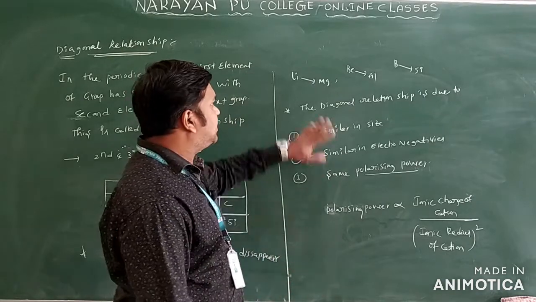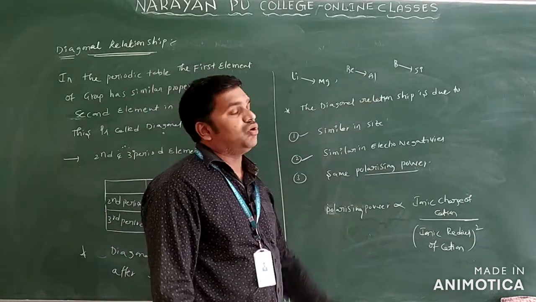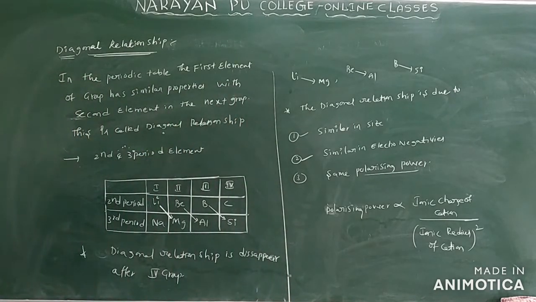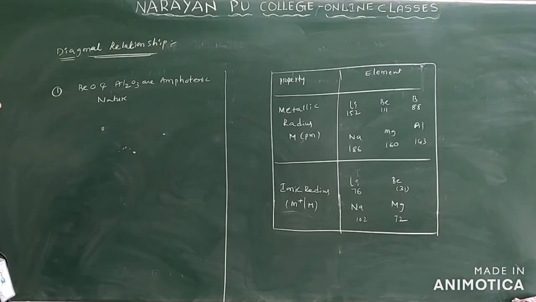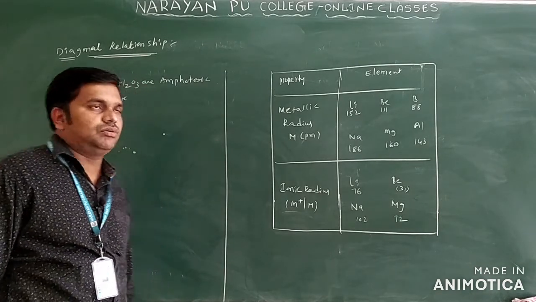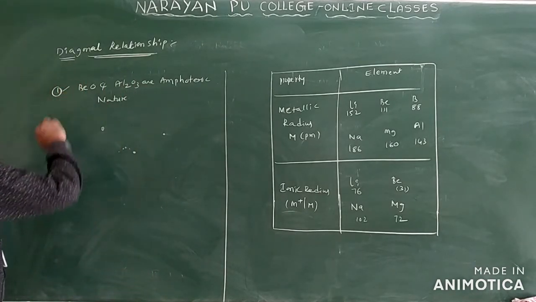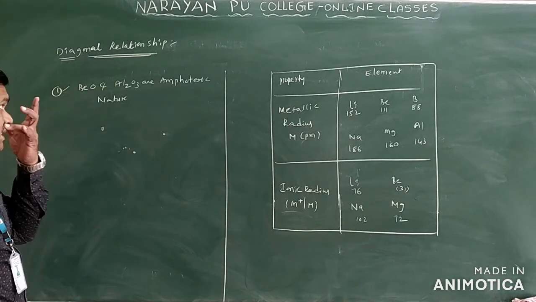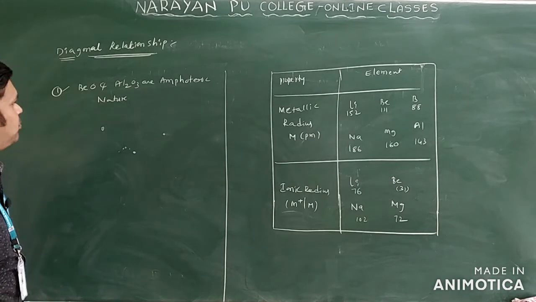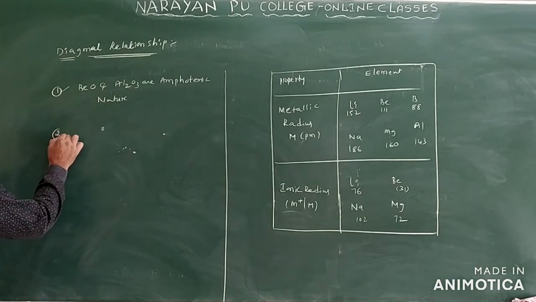What are the elements there? Lithium to magnesium, beryllium to aluminium, and boron to silicon only. The elements that come under this diagonal relationship have similar properties, as I already told you. You will see this in beryllium and aluminium only. Beryllium and aluminium oxides are amphoteric in nature only. So they show similar properties only. And you can see beryllium carbide